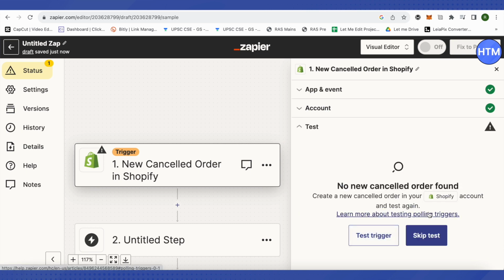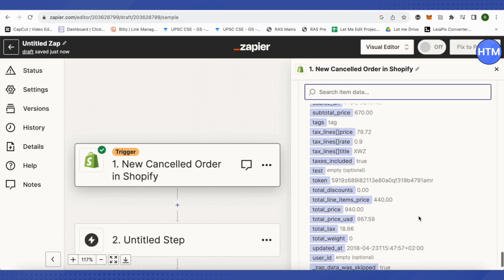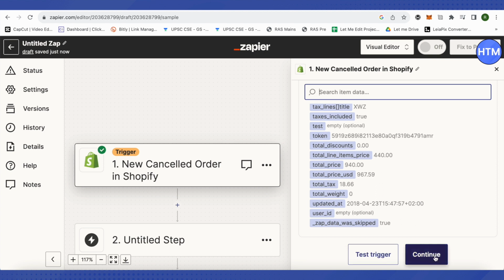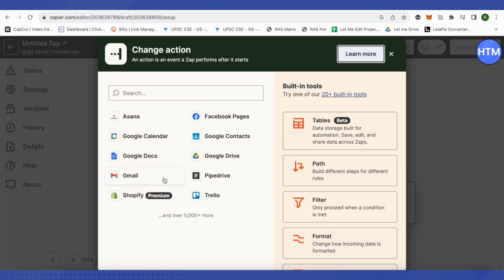Then you can test the trigger, and if there are no triggers as of now, you can just simply click on skip test for now. Scroll down and click on continue. After that, just get back and click on this option of second one, and we need to select what we